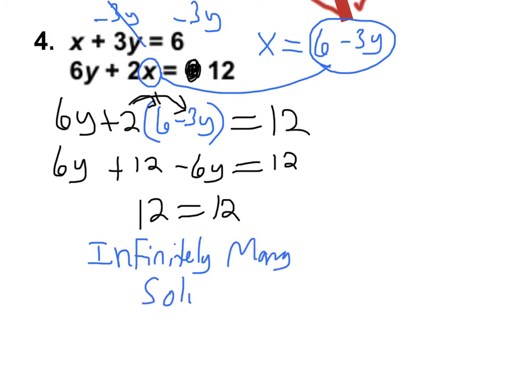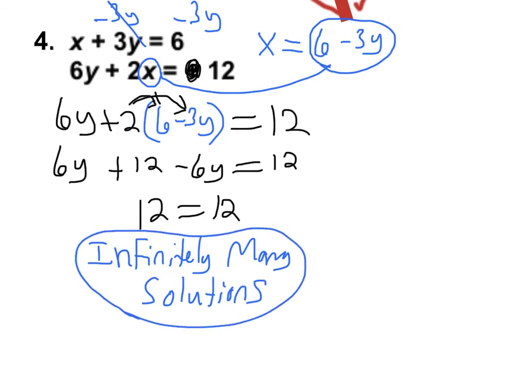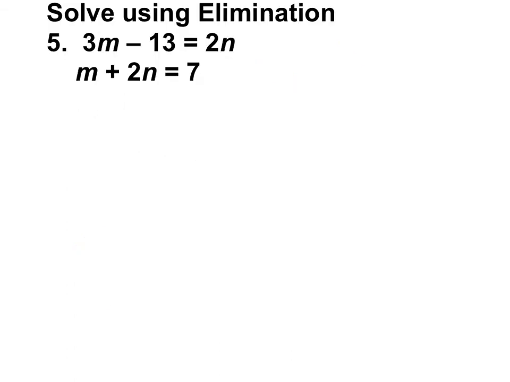What it means, if I graphed this, is that these are actually the same exact line. I know they don't look like it up here at the top, but if you put them both in y equals form, they would actually be the exact same line. Alright, the next